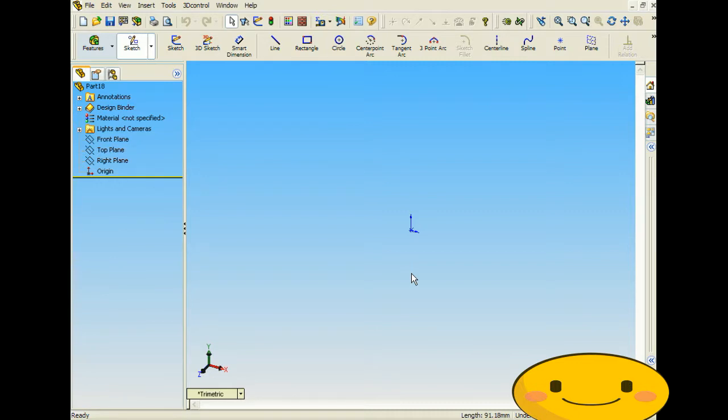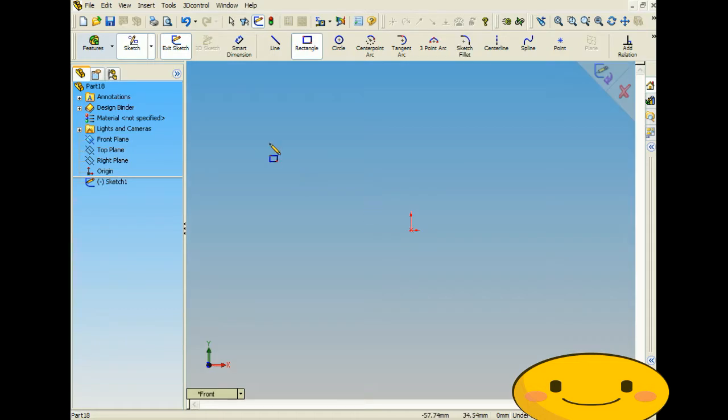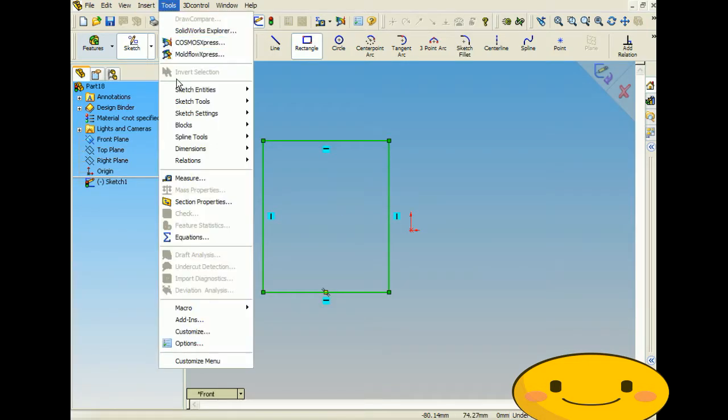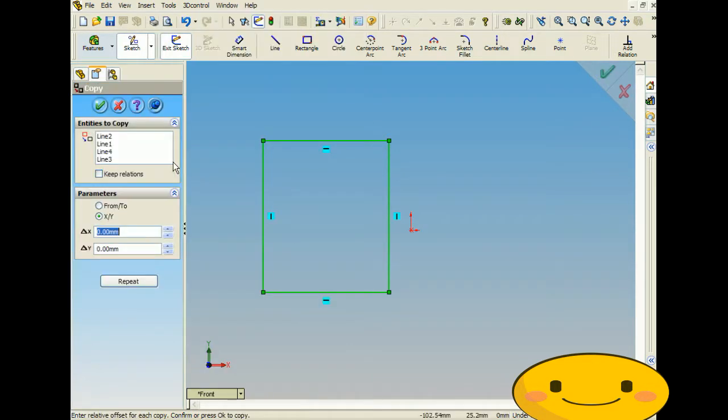be. And this one works pretty much exactly the same as the move, except that after you move it, the original is still there in the original spot. So to start off, let's just sketch a rectangle. So let's click Rectangle, click any plane, and just draw one out. Now let's click Tools, Sketch Tools, click Copy,